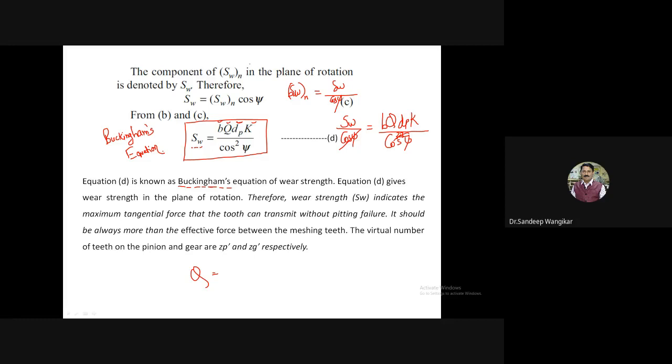Okay, so if this is over, now what remains is Q. Q is nothing but the ratio factor. We have the formula twice ZG divided by ZP, but in this case it is Q is equal to Z dash D. Here ZG and ZP are the actual number of teeth. This formula is applicable for spur gear. In this case, the formula is written as twice Z dash G divided by Z dash G plus Z dash P. So here Z dash G and Z dash P are the virtual number of teeth.